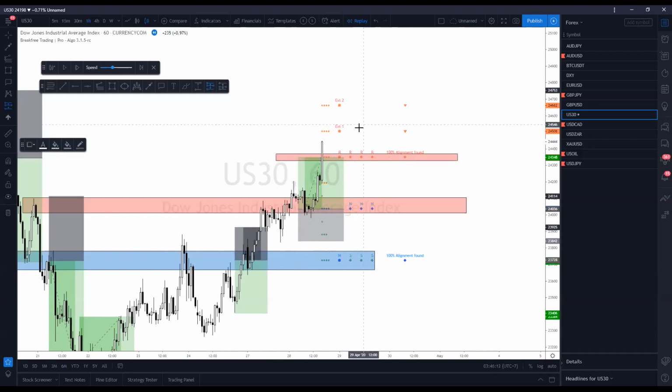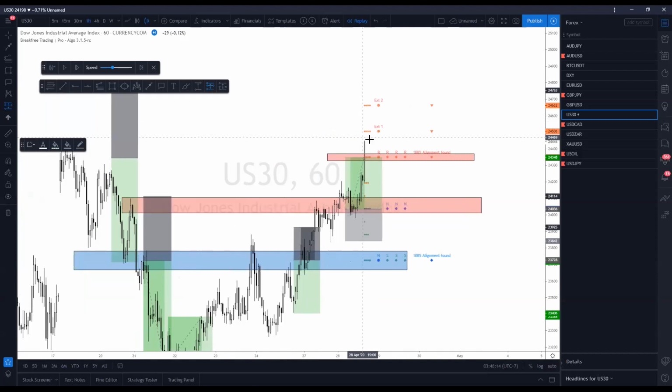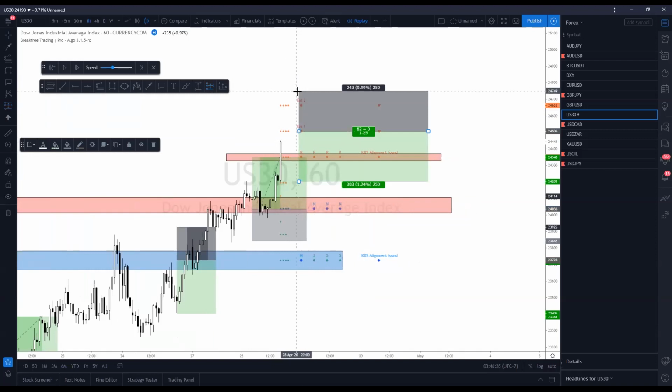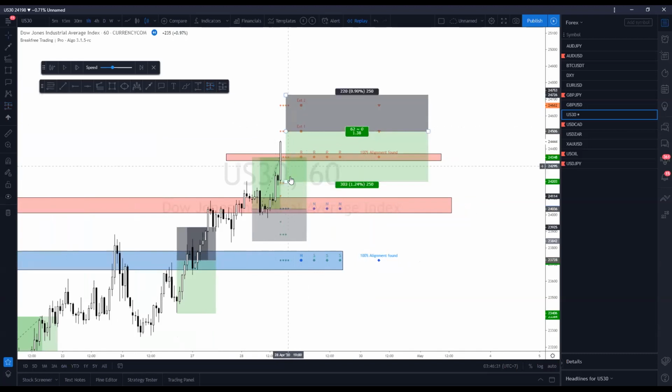So let's take this short. Let's see if it plays out, and then we can move on to Euro NZD. Just because price already broke this resistance, I'm going to take this trade. So I'm going in from extension 1. I'll put a limit here with my stop loss above extension 2, and then my TP here. You'll see that the risk to reward is really bad, but because it's a high probability trade, a 73% chance of a reversal, sometimes it's okay to take this. I wouldn't take this over and over again, but